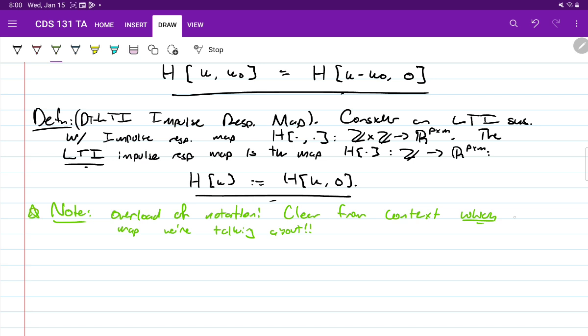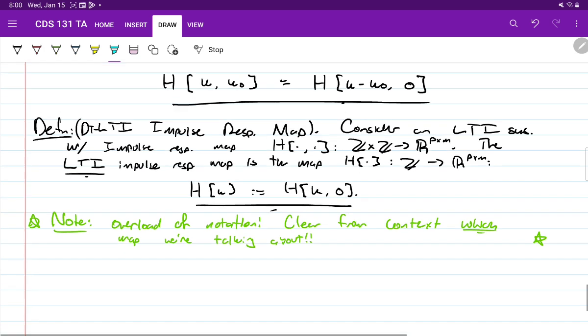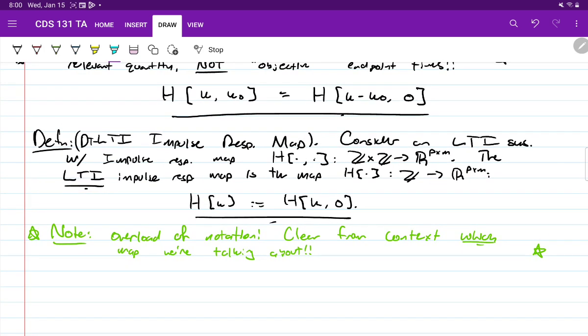All right? And remember, we defined it this way because in LTI systems, time passed is the only quantity that matters, okay? So if you want to compute something like H of K comma K naught, you would just plug in K minus K naught into your impulse response map over here. Okay, now that we've described this discrete time LTI impulse response map, we can just go ahead and compute it